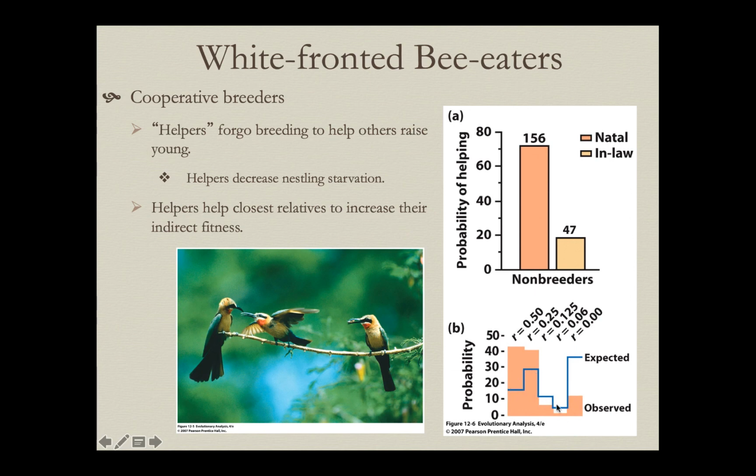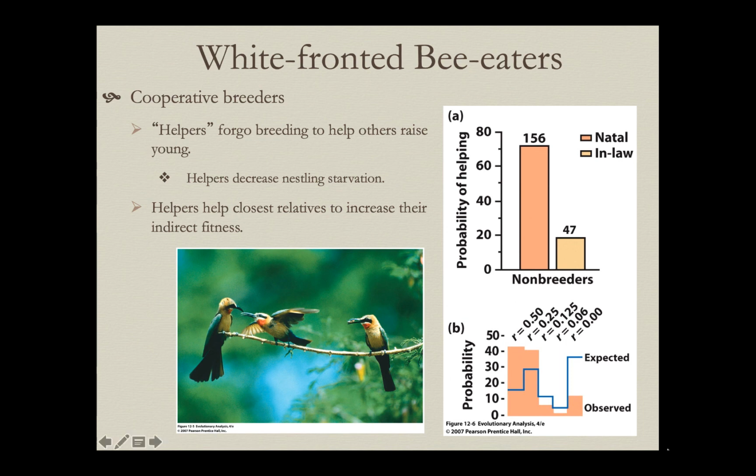This blue line shows you the expected number of individuals, or the probability that an individual would help each of these classes of relatedness based upon their just general availability in the population. In general, you don't have a lot of close relatives that are related to you by 0.5 in the population. But if you serve as a helper, that's the category you're most likely to help. Helping mom or dad with a step parent, that's the next closest one. And that tends to happen a little bit more, but you're still doing it above and beyond expected based upon the general availability of individuals of that degree of relatedness in the population.